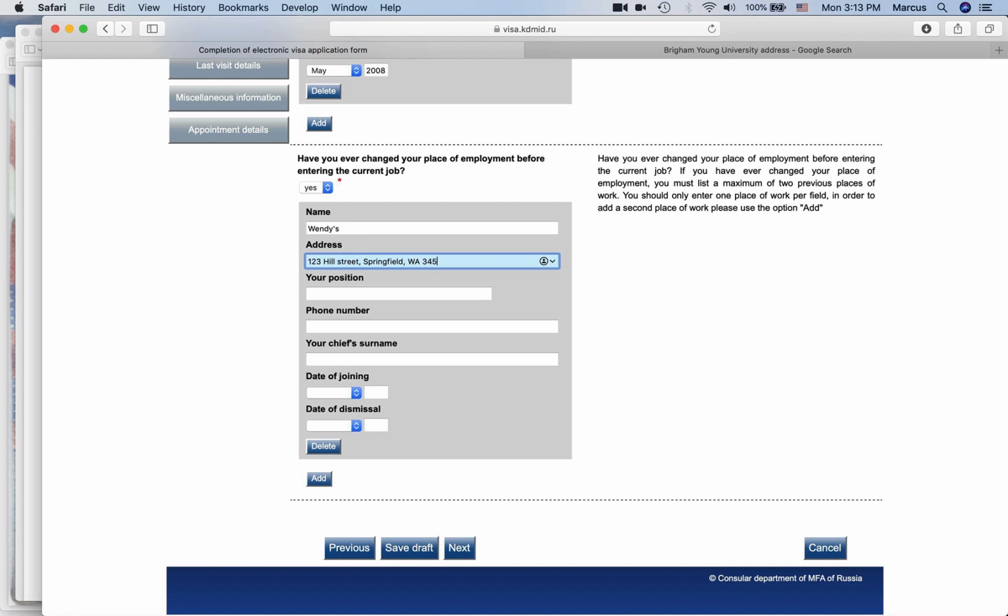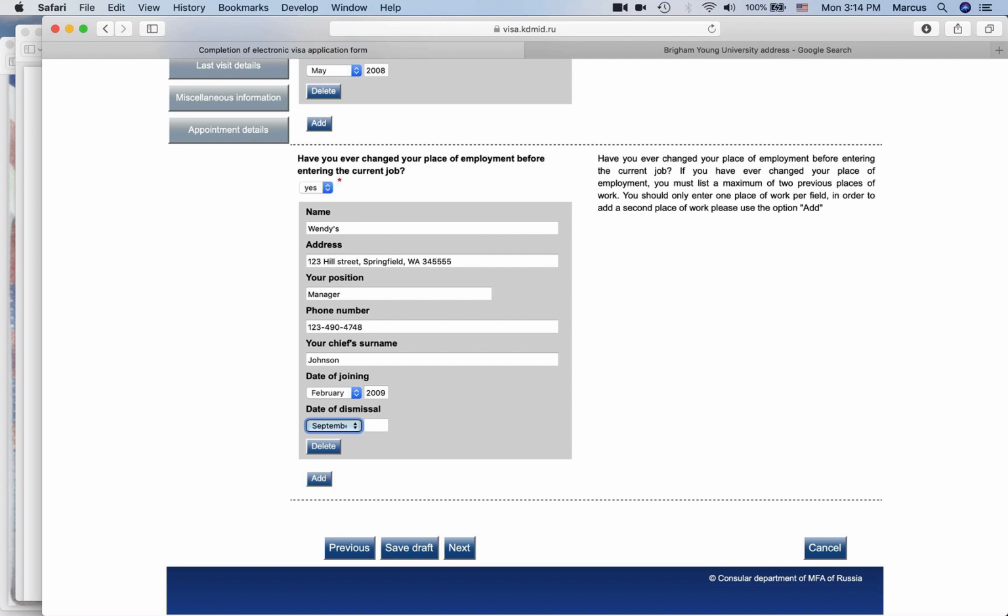Let's do that. Okay. So you'll put the name of the company, the address, your position, the phone number. It doesn't matter actually what format you do. The name of your supervisor, or the last name of your supervisor when you worked there. I worked at a college, for example,